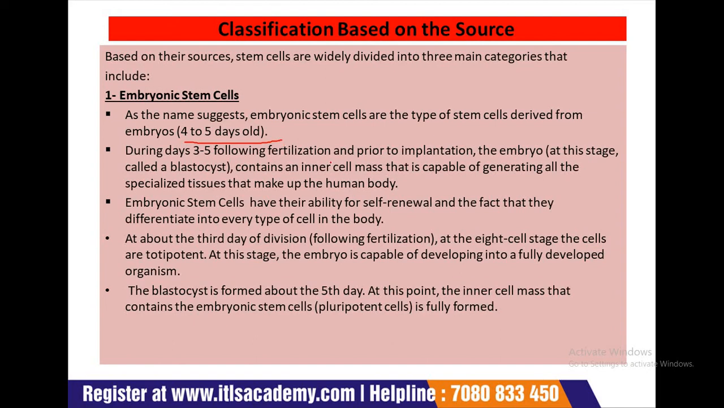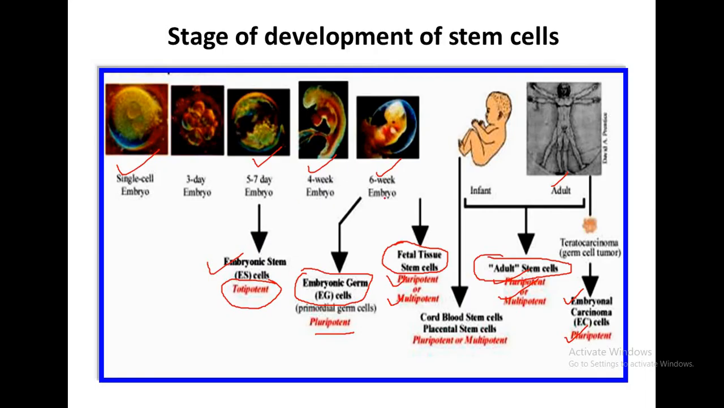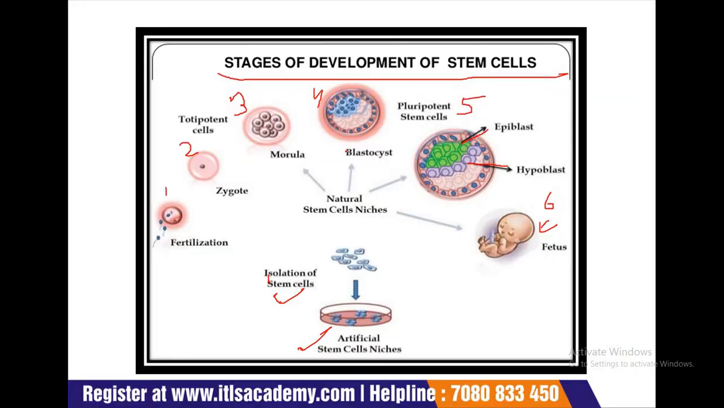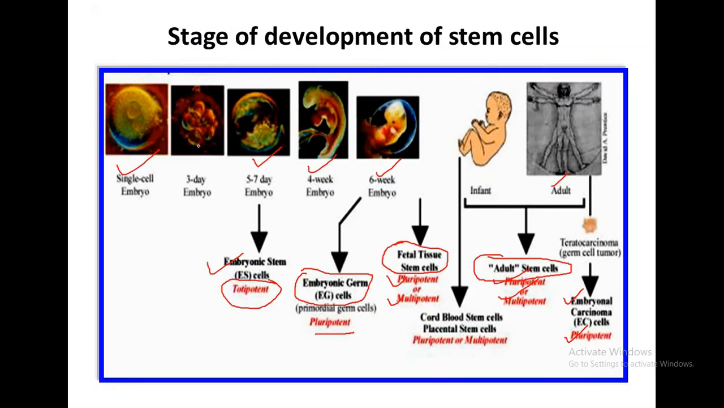During days 3 to 5 following fertilization and prior to implantation, the embryo at this stage is called a blastocyst. We can see in this picture the 6 week embryo, and this is the blastocyst. So you can see, during day 3 to 5 following fertilization and prior to implantation, the embryo at this stage is called the blastocyst. And this blastocyst contains